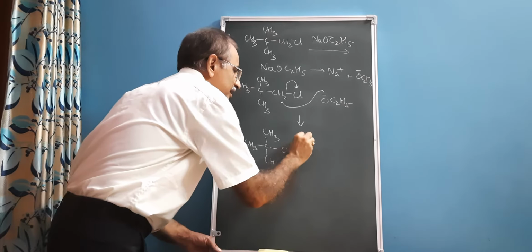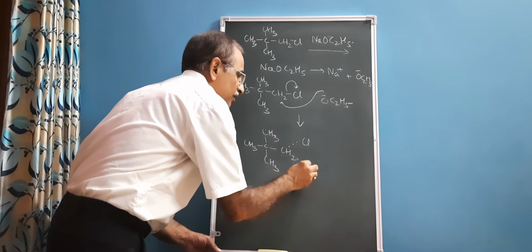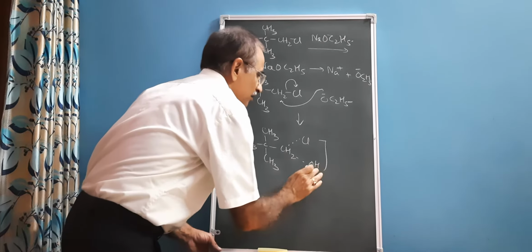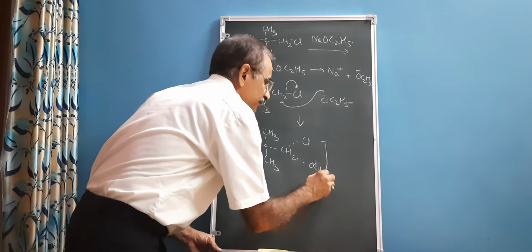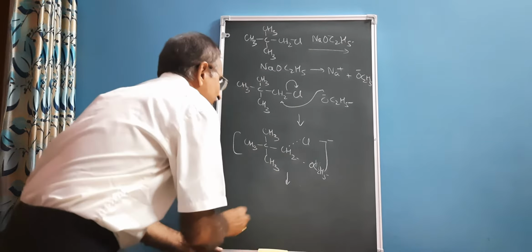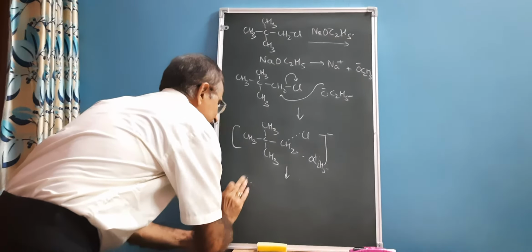Here, breaking of the old bond between carbon and chlorine and formation of a new bond. Here C2H5, not OH, and once it forms,